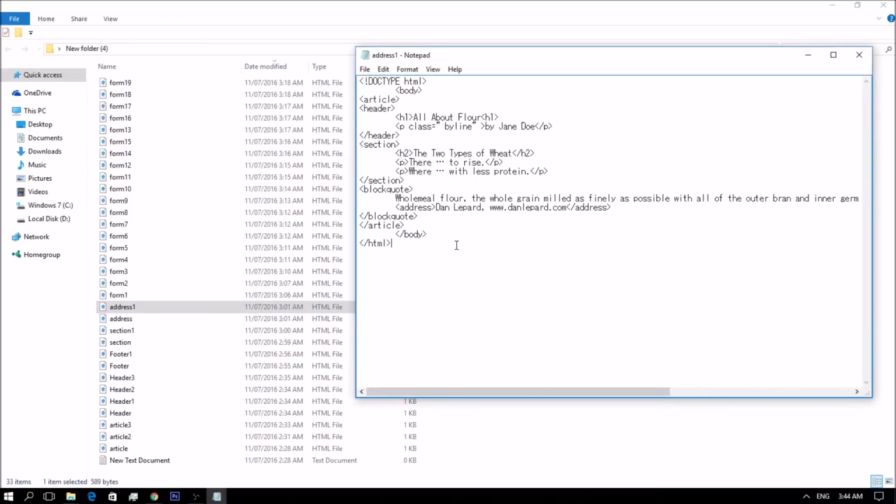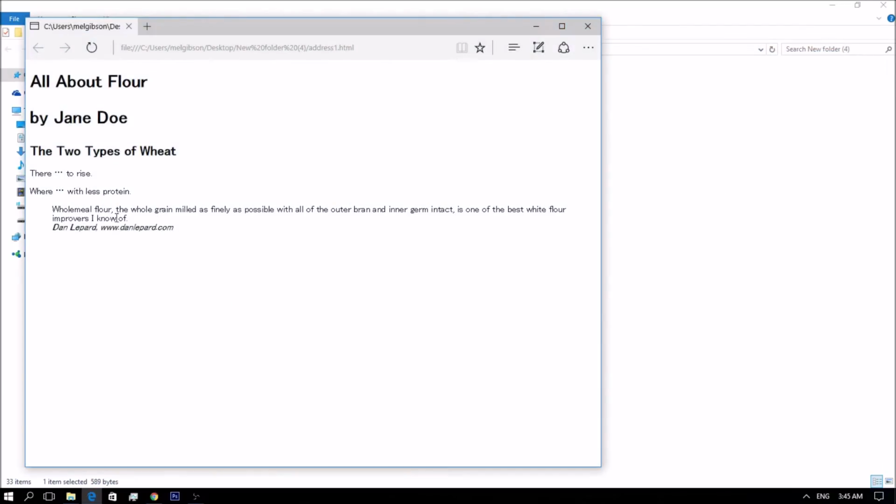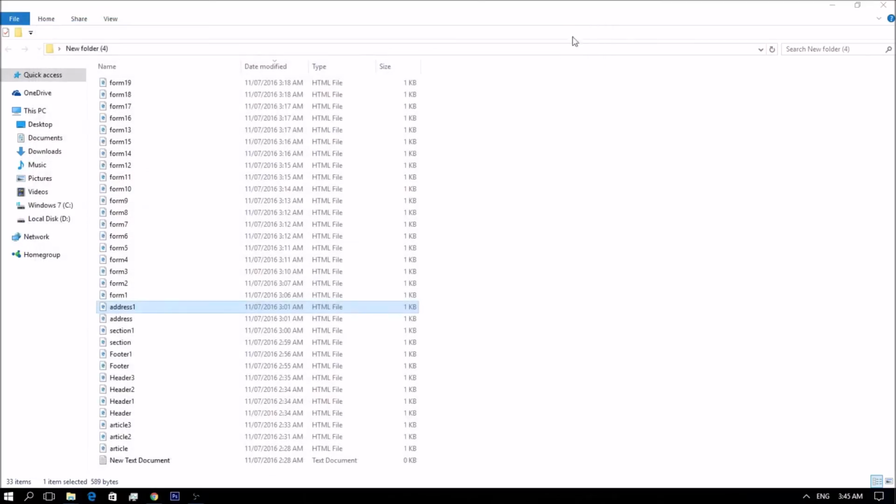So to mark up postal addresses, and there is an exception, unless of course the postal address is in fact the relevant contact information of the specific document or part of the document. So when I click this in the browser, it goes like this. So the address element is used to mark up the author of the document or the specific section of the document. The address element will typically be used in the header or the footer.